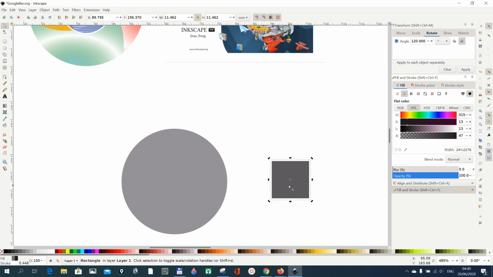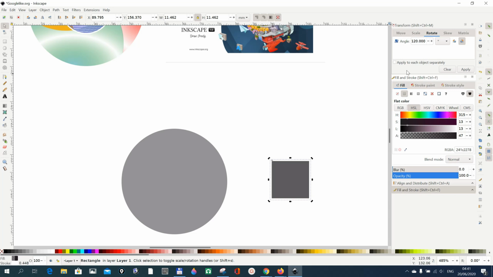You will see that there is a cross in the center. That is the center, and also the rotation center. We want to rotate this top square with respect to the top left corner of the other square beneath it. So we move this here to the tip here, and then we